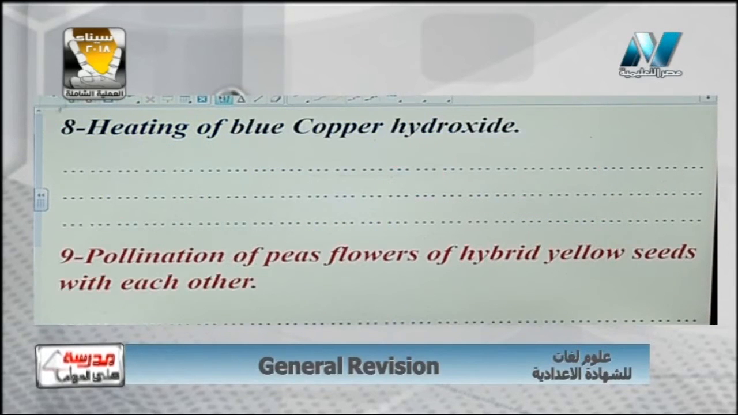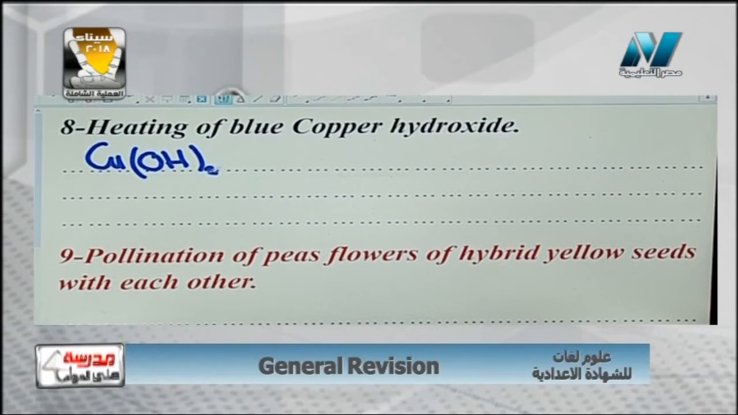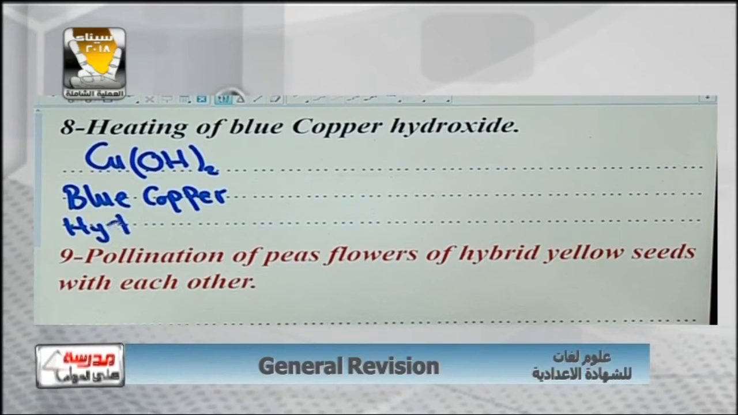Next question is heating of blue copper hydroxide. If it says heating of blue copper hydroxide, we use a chemical equation: Cu(OH)2 as blue copper hydroxide will form